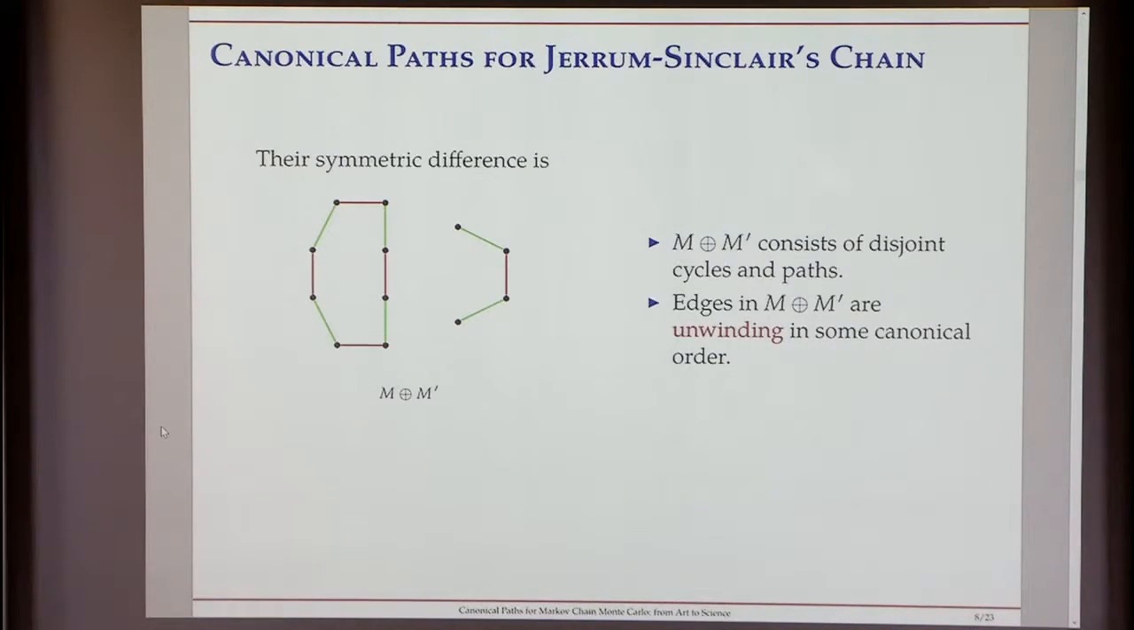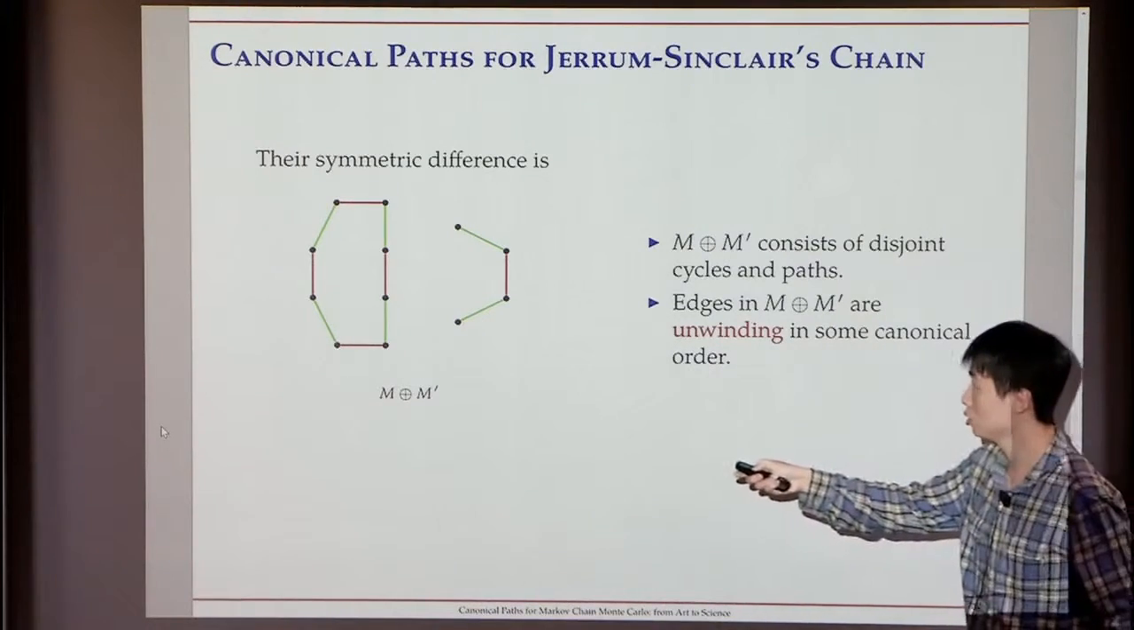Then we can define some canonical order of this component. So say we can first choose this component to the cycle and then choose the path. Then we have an operation of unwinding, which means we can